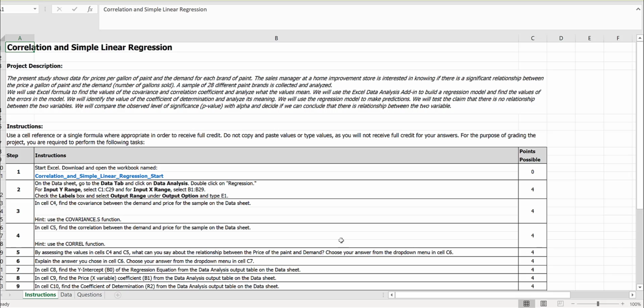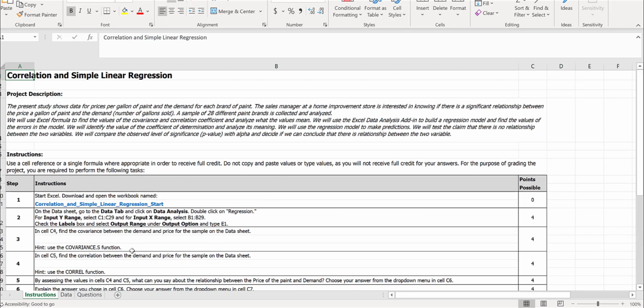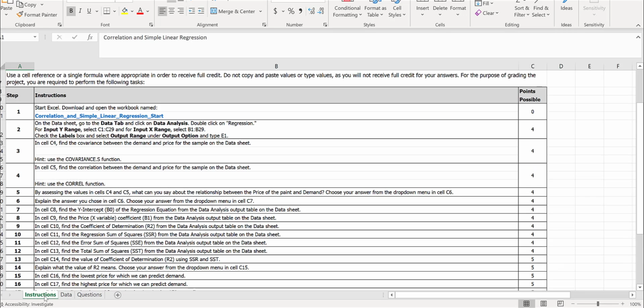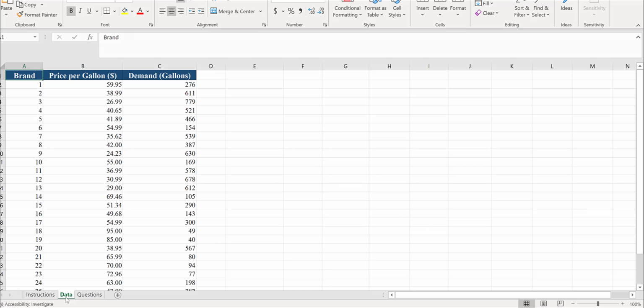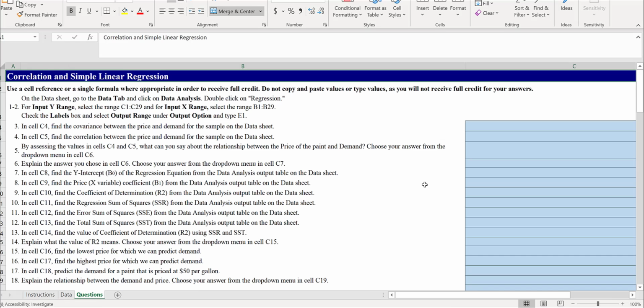This is the file you're actually going to submit to be graded, and make sure you enable editing once you get it downloaded. If you notice, the tabs down here have the instructions, the data is here, and then here are the questions where you actually enter the answers into the cells that are highlighted in blue. Once you finish, you want to save the file, and then you want to go back